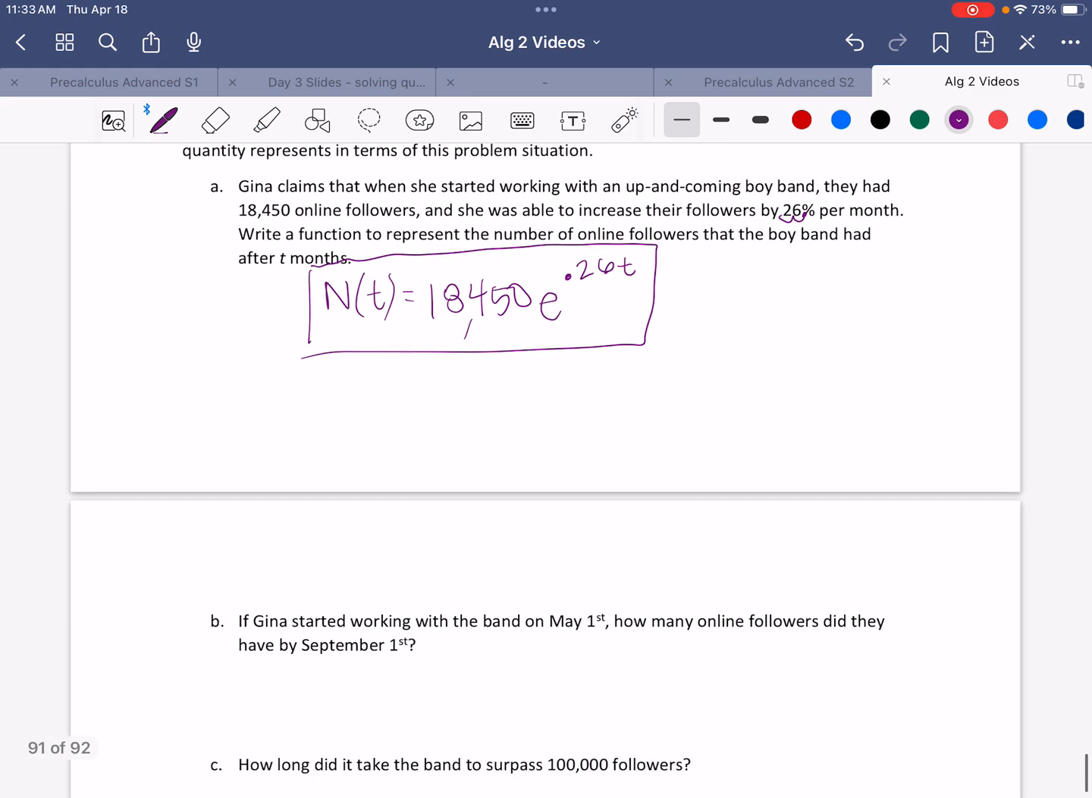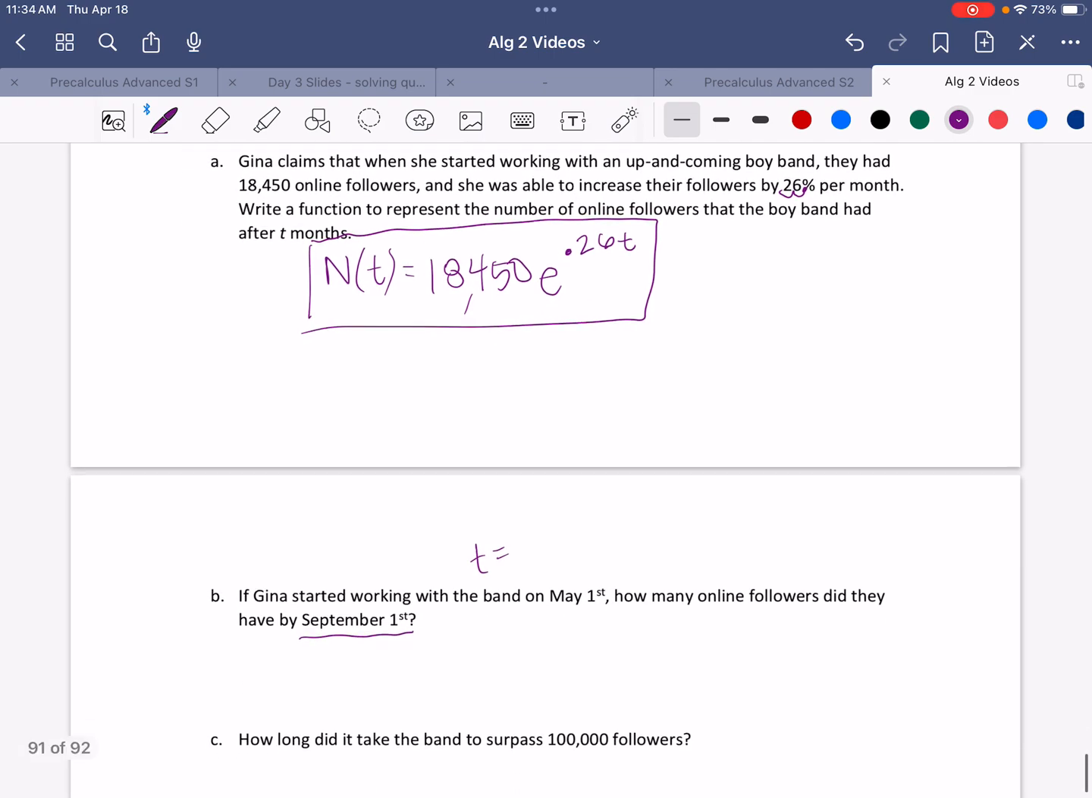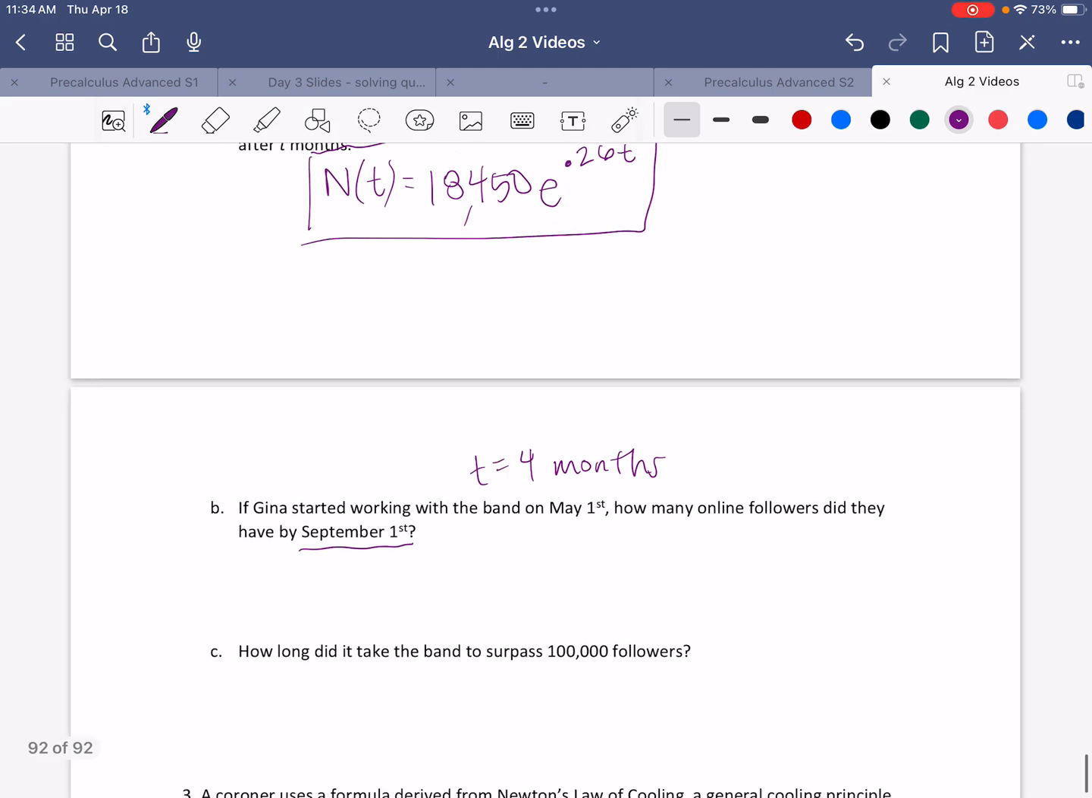So if Gina started working with the band on May 1st, how many online followers did they have by September 1st? Okay, T here is months rather than years. So let's count May 1st. So we have the whole month of May, June, July, and August, and then it's September 1st. So you can double check me, but it looks like 4 full months passed there. And then we are going to plug in 4 for t. So N of 4,